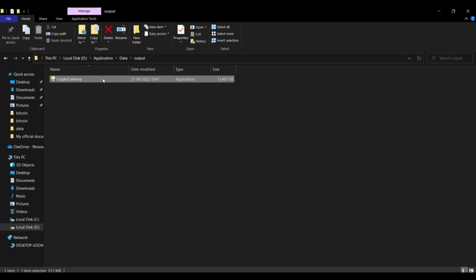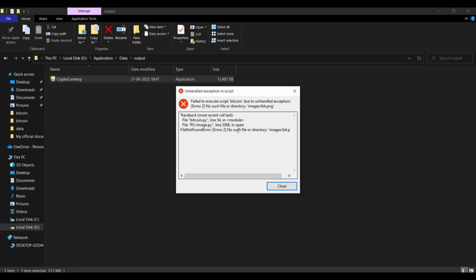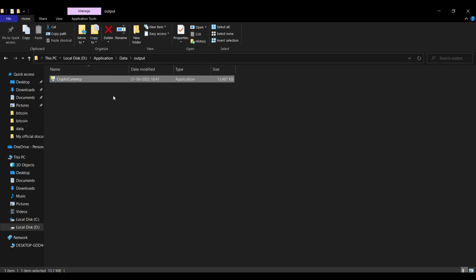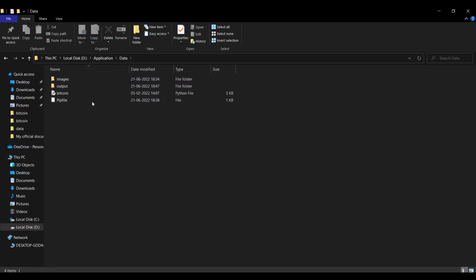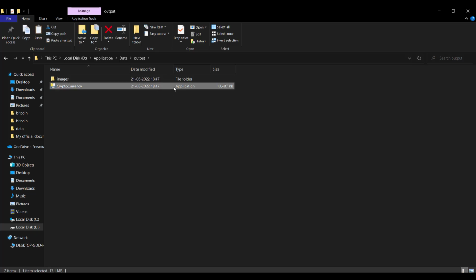And if you click on this one, it will throw an error on our face saying that we can't open one file. That means we have to give the images folder, whatever resources we use for our application or project, we have to give them. Like for example, here we used images to run the Bitcoin price tracker. So we will copy it and go inside input again and paste it here. And if you click on the application,